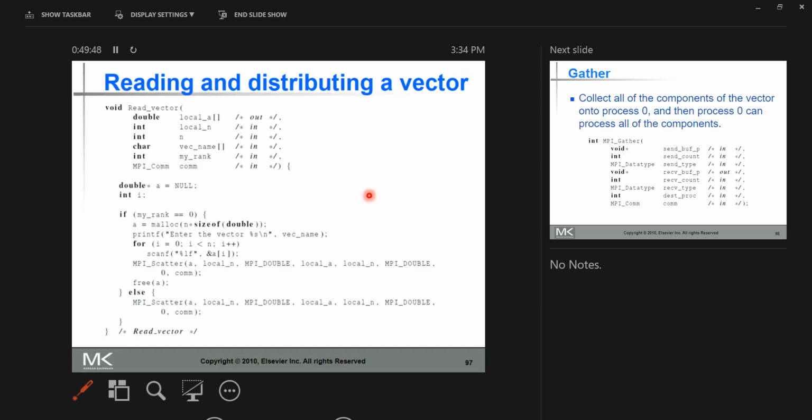So that is a scatter. That's how you distribute data in an array to every other process. Now for gather,